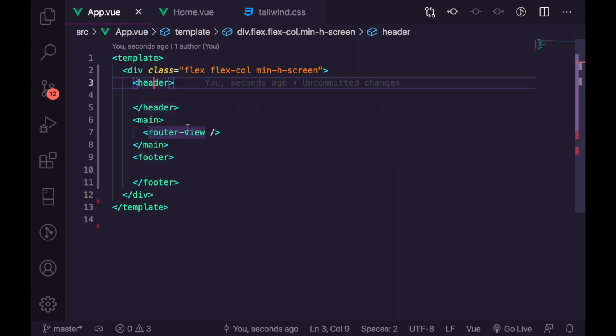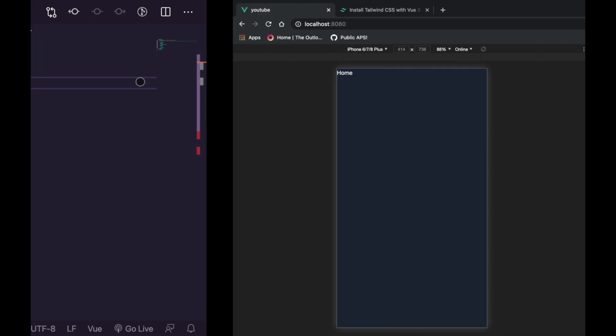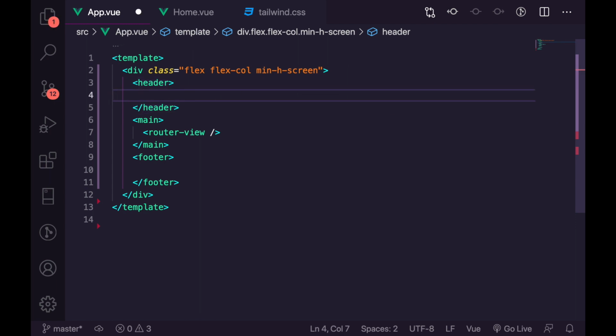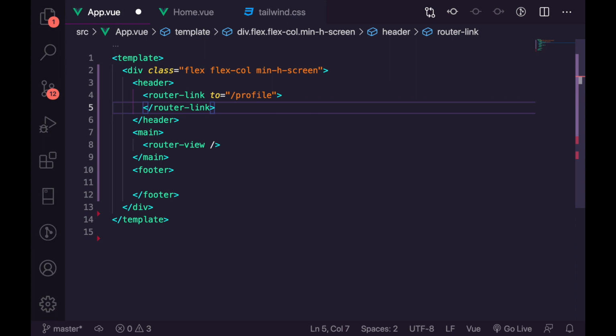Now we need some classes here, because at the minute, as you can see, it looks like this. In our header, let's add some more routers. So I'm going to do a router-link, and our router-link is basically just an anchor tag, a pretty anchor tag, where we're going to do to, and we're going to do /profile here. And then we actually need to install